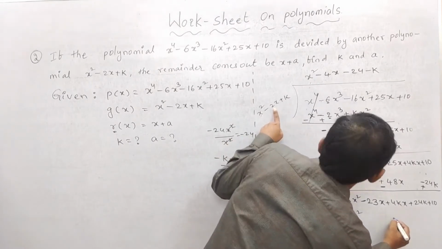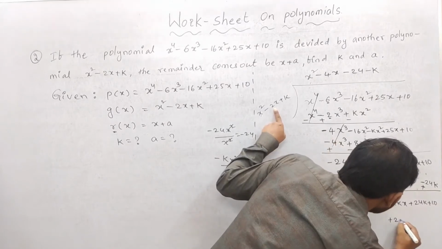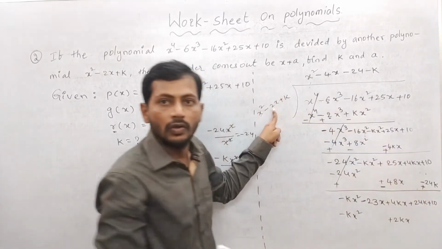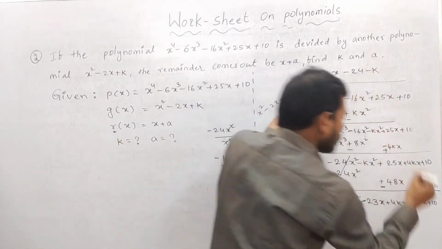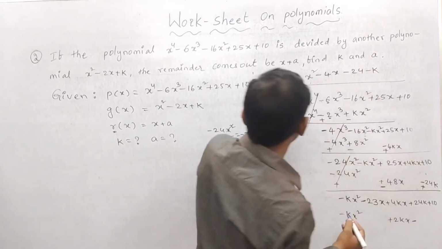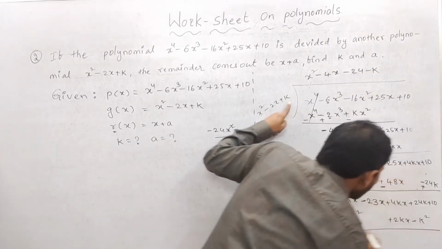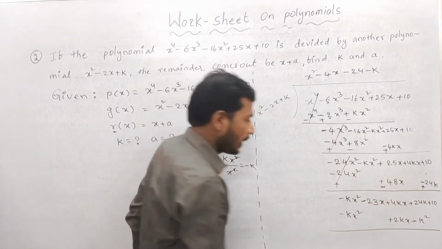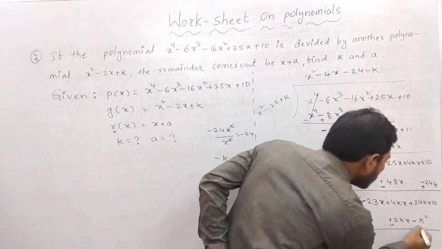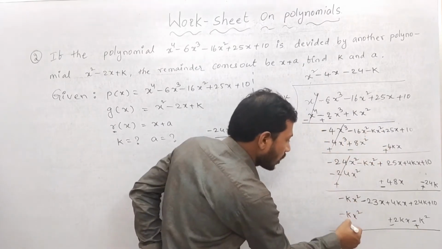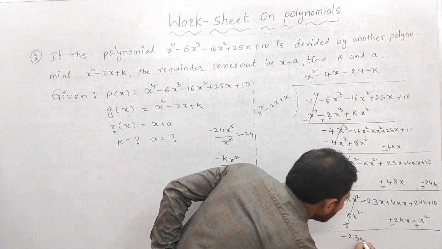Here I am writing minus into minus plus, then it is the 2kx, plus 2kx. Very good. You wrote there. And next plus into minus, what is there here? k into k square. Again do it. Now I am going to do like this. This is the plus, this is the minus, this is the plus. Plus kx square minus kx square cancel. How much you got? Minus 23x.